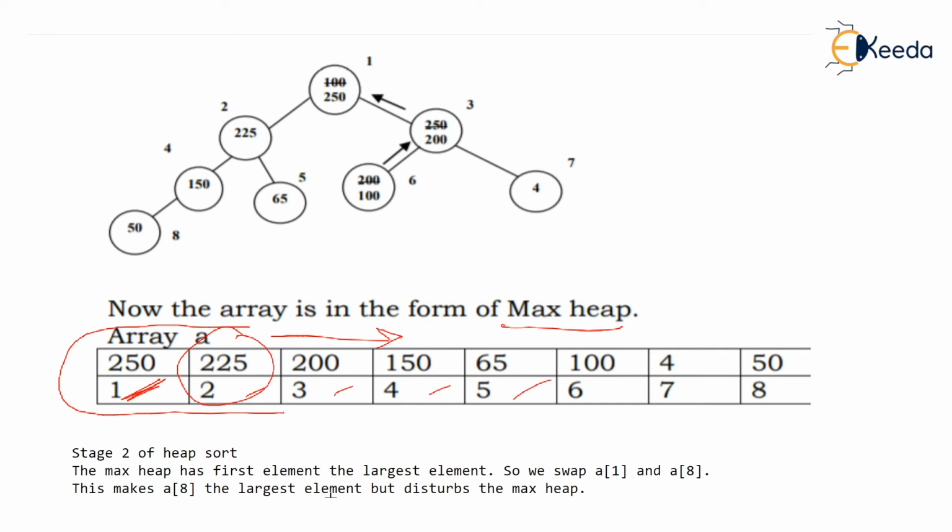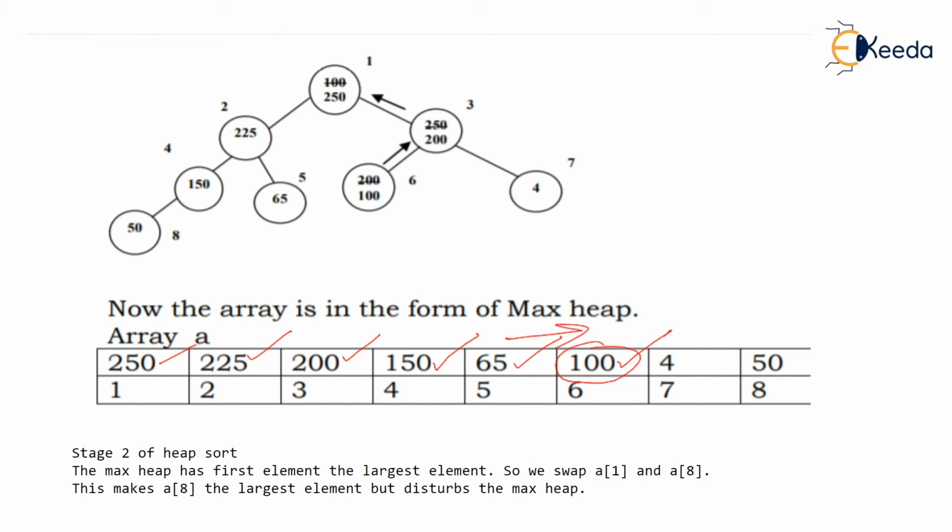But just check this array. This is neither in decreasing order nor in increasing order. So it seems after doing such a lot of hard work, we have got a random array again. Just see 250, 225, 200 still in decreasing order, 150 good, 65 still in decreasing order, but watch 100 here. This is not in decreasing order, neither in increasing nor in decreasing.